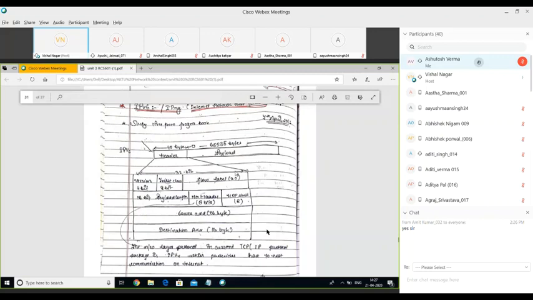Out of 40 bytes, we have 16 plus 16, that means 32 bytes for the source and destination address fields, and 4 bits for the version. The version means the version of IP. We have two versions of IP, first is IPv4 and second is IPv6. So in 4 bits, we represent the version of the IP field.